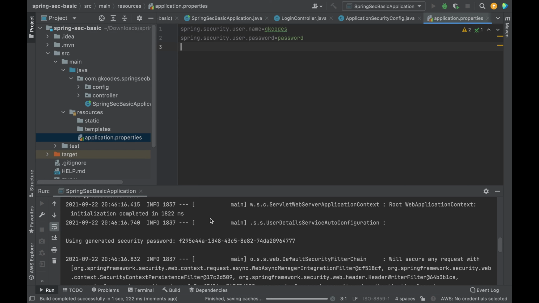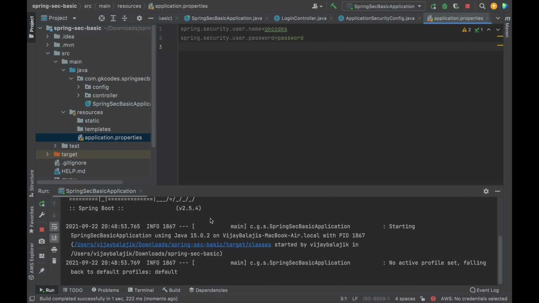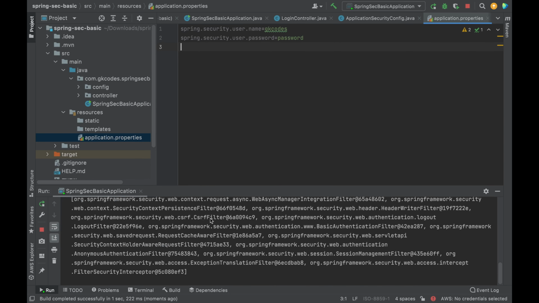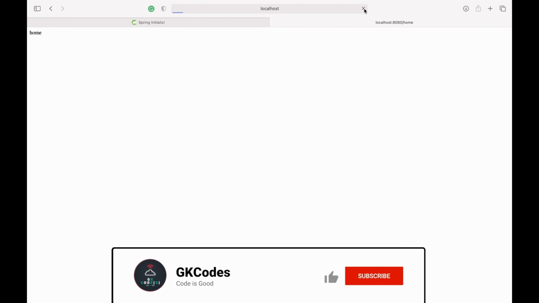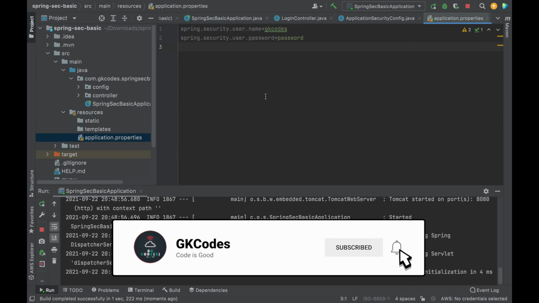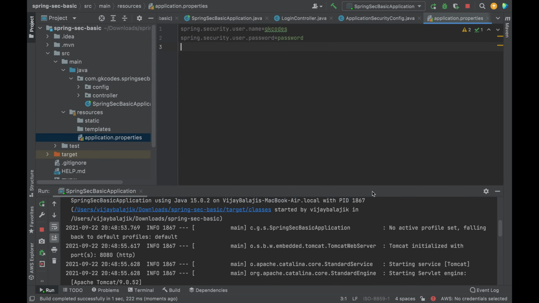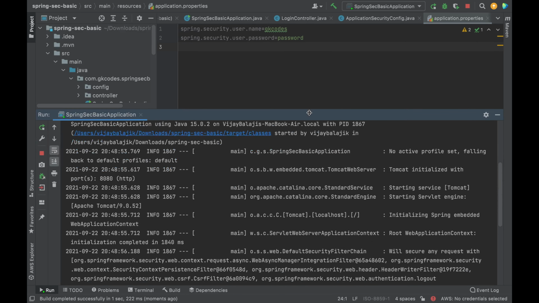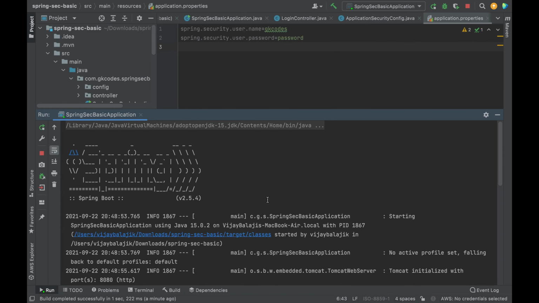So run the application. Refresh this login. Now before that, I just want to show you one thing. If you look at this log, when you configure that user ID and password, Spring Security will not